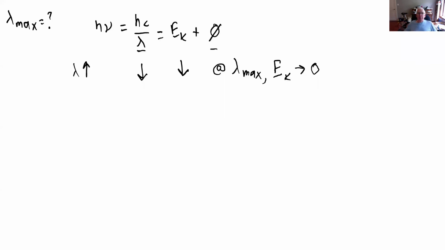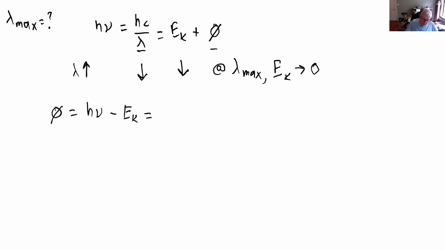So to find that boundary, the point where we're at nu zero, we want to find the point where the kinetic energy goes to zero. To do that, we have to first find the work function, find phi, right? So let's do that first. Phi, if I take the equation and rearrange it, I'll say that's equal to h nu. I'm going to work in nu here because that's the quantity I actually know for the incident light. H nu minus the kinetic energy,